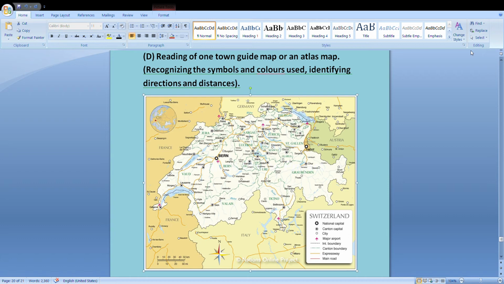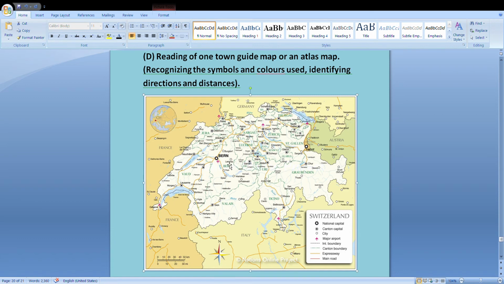What are the important things that you have to consider while reading a map? The first thing that you should see in a map is which place the map is of. So it's of Switzerland. That is the heading. Then you have to see where is the north of the map, where is the south, the east, the west. This is showing you the directions which you have already studied. So now you know that Germany is in the north of Switzerland, Italy is to the south, Austria is to the east, and France is to the west.